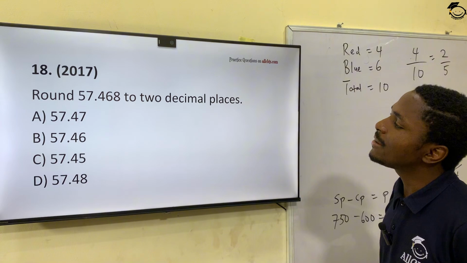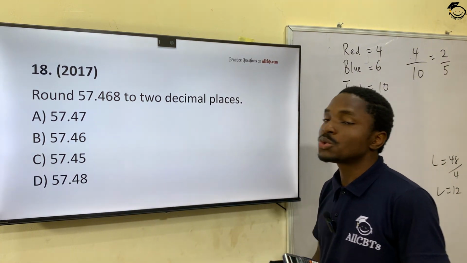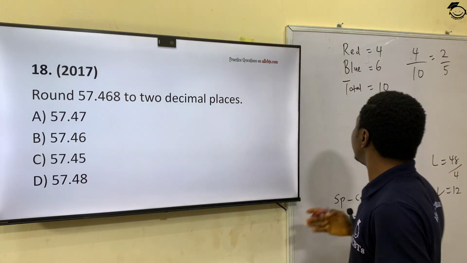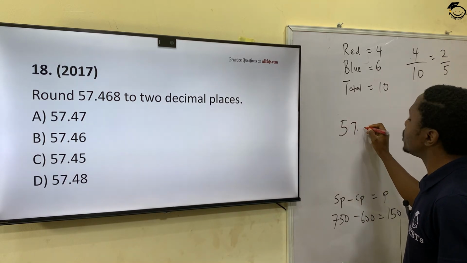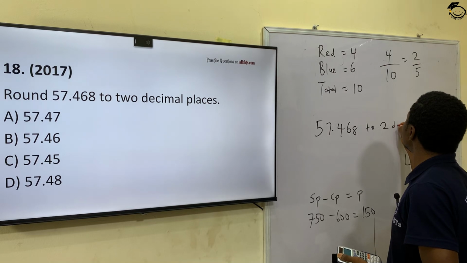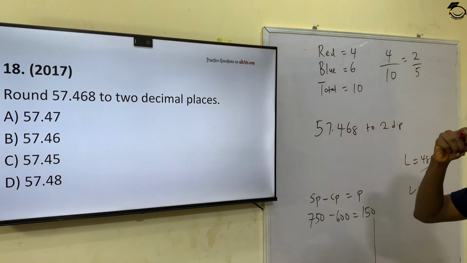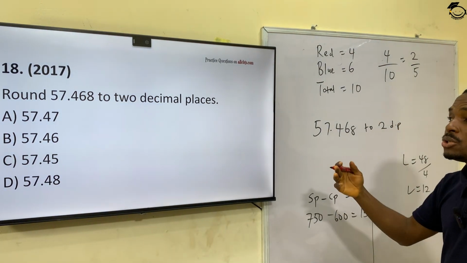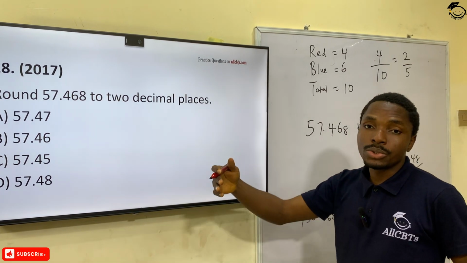Round 57.468 to 2 decimal places. Okay, 57.468 to 2 dp. All right, so the decimal place just means where you move your point to, or the